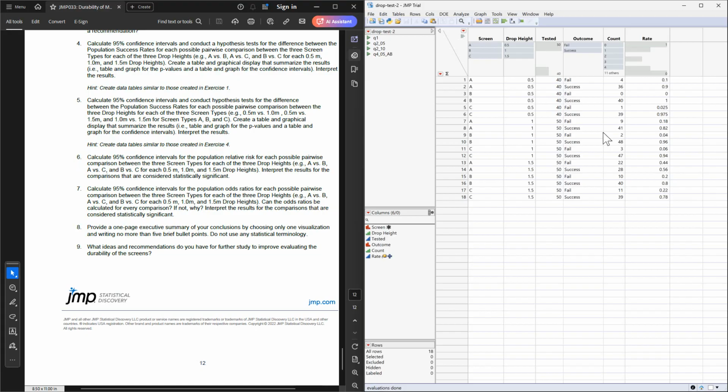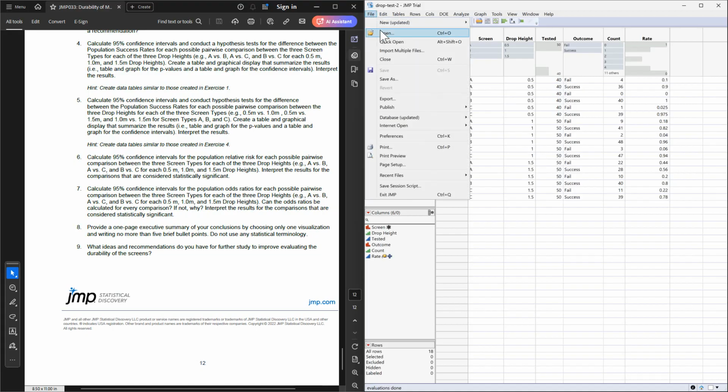In other words, a table and graph for the p-values and a table and graph for the confidence intervals. So essentially the same thing we did in question 1, but it's going to be 2 tables, and one of them would be with the p-value. Now, I don't have any idea how to get the outputs to automatically get in a table here like we did in question 1. So we're gonna